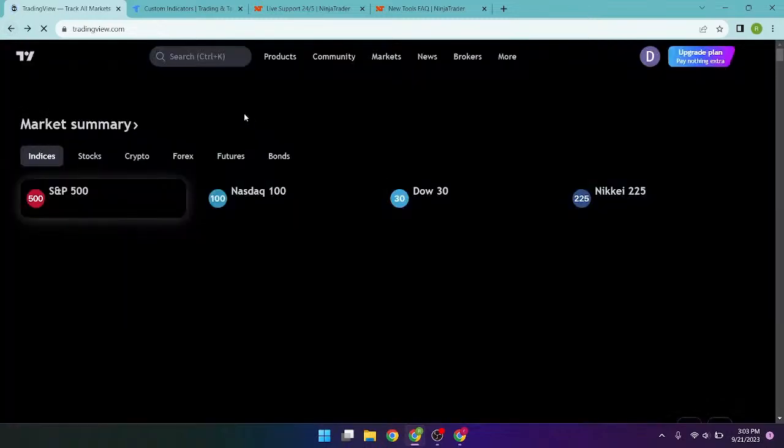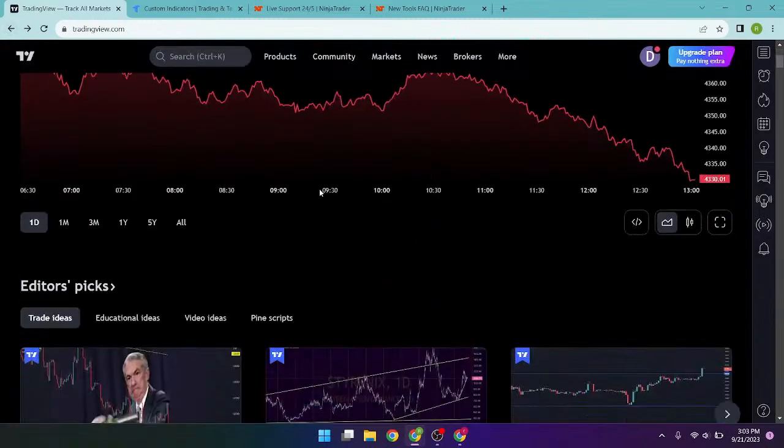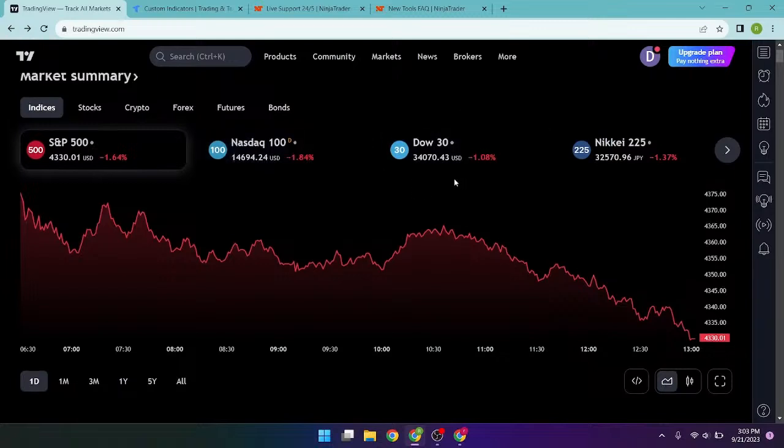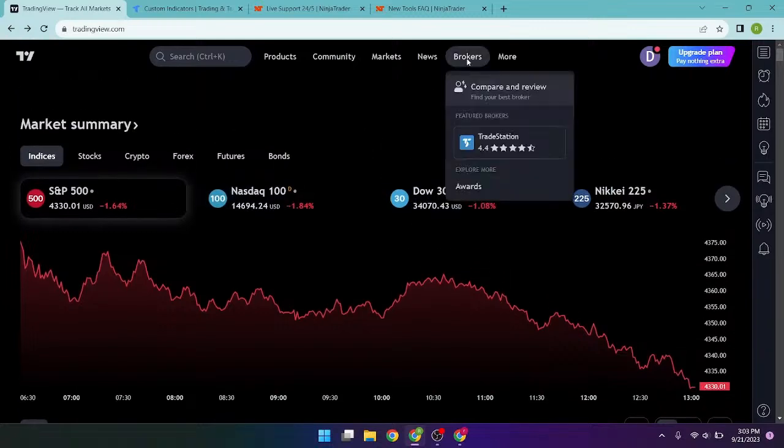So going back to their website, the information here on the front is just about current market status, how it's moved, that type of thing. They have a list of brokers so that you can jump in there and kind of see different brokers that do tie in with TradingView. Not every broker is going to be there. There are only certain ones that have worked to comply with what TradingView needs in order to have that integration